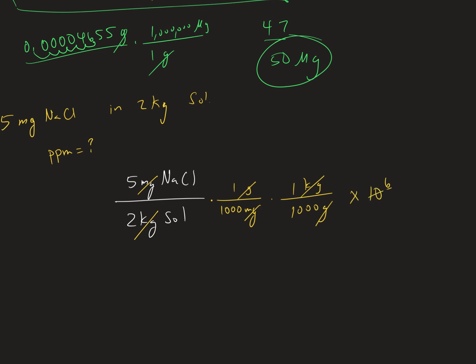Times by 1,000,000. And if you can see this, guys, this is 1,000,000 right here, yeah? You can just get rid of those, and it's 5 divided by 2, it's 2.5 parts per million. Doesn't always work out that simple, but